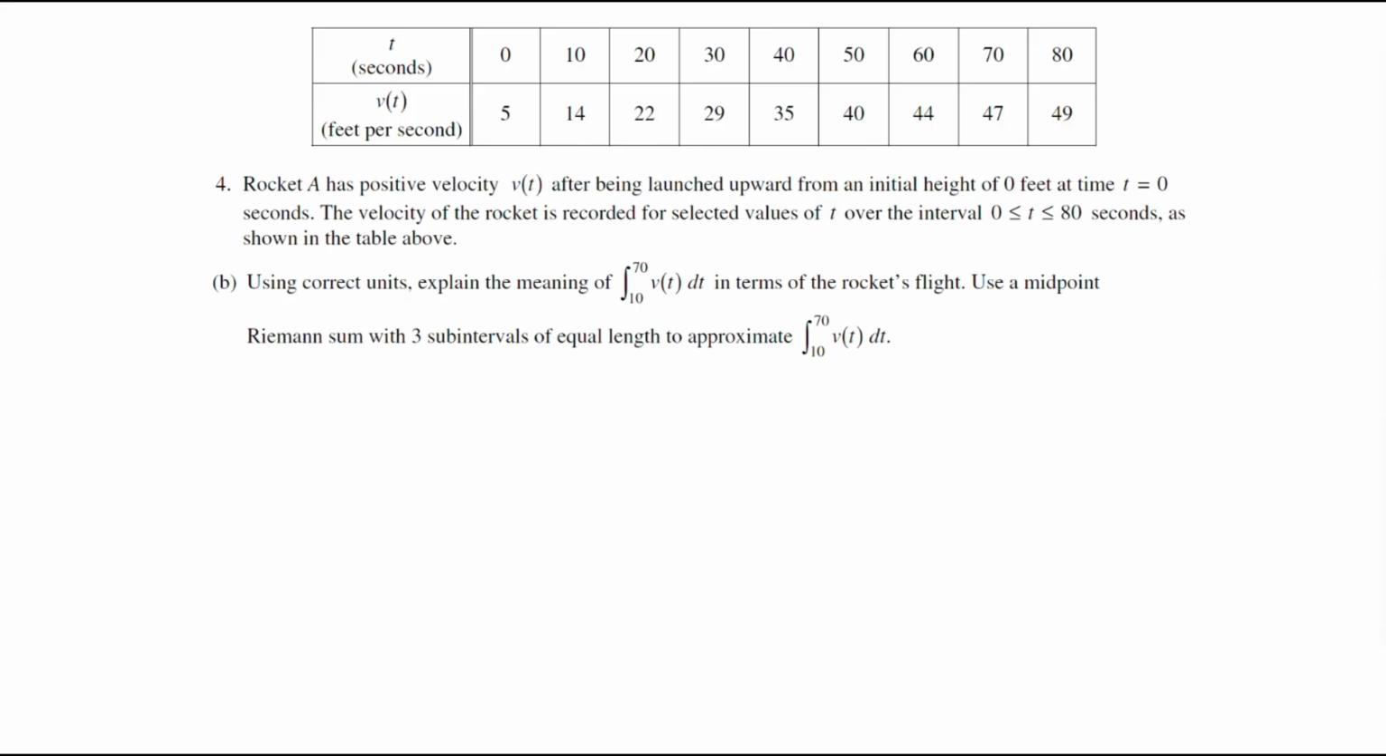Using correct units, explain the meaning of the integral from 10 to 70 in terms of the rocket's flight. Well, we know that the velocity is always positive. It had already told us that. So an integral of a velocity that's always positive is going to tell us how far this rocket has flown. Normally, an integral of a velocity just tells us a displacement because the velocity could be positive or negative. But since it's a positive velocity, the integral from 10 to 70 of v of t dt just tells us the distance,